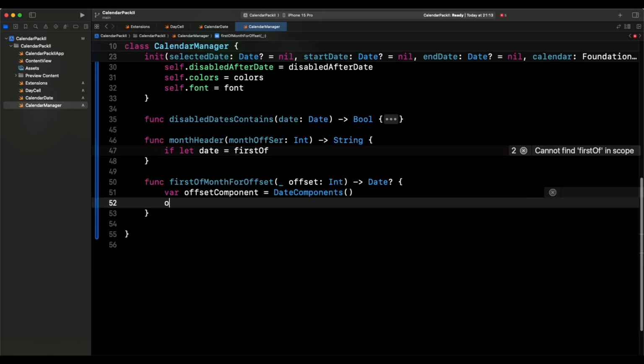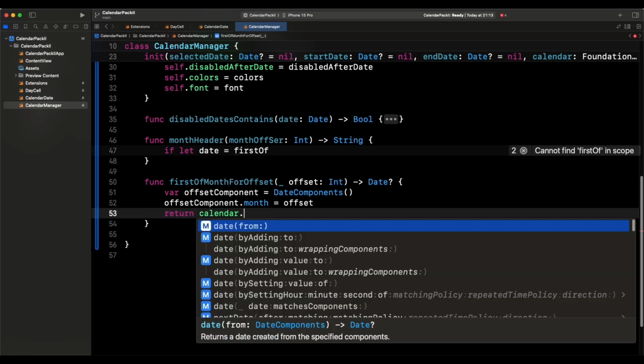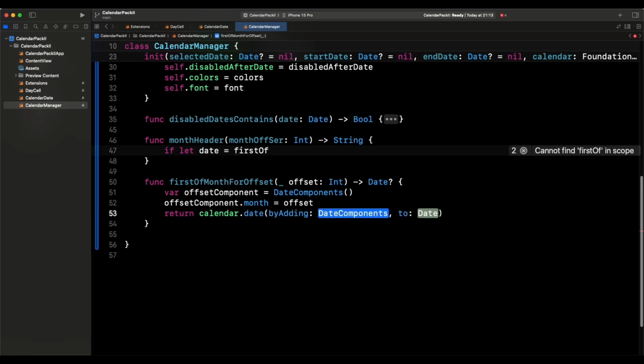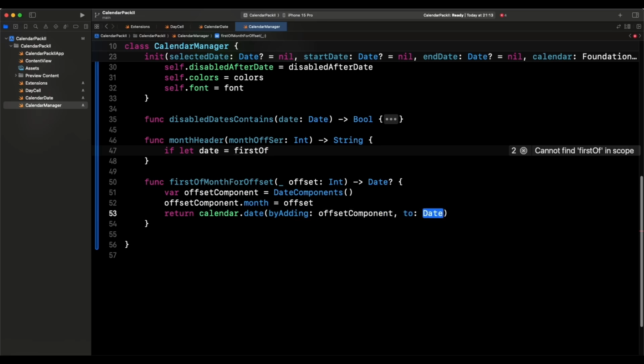And then you're going to say offsetComponent.month, and this is just going to be the particular offset. And then after that we return, and what do we want to return? We want to return calendar.date by adding offsetComponent to